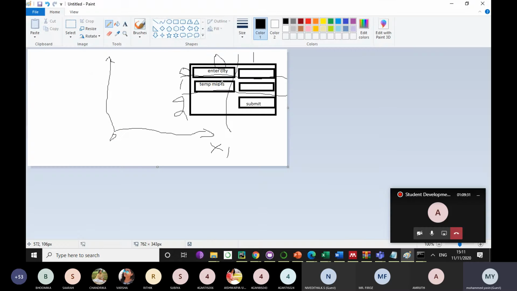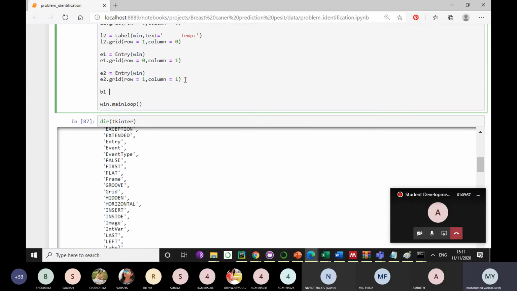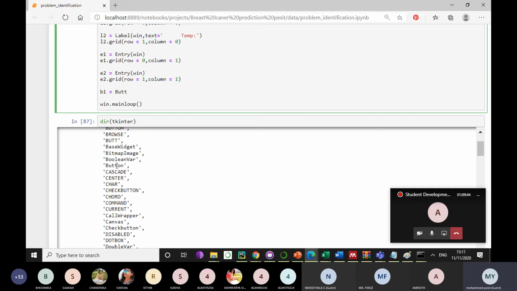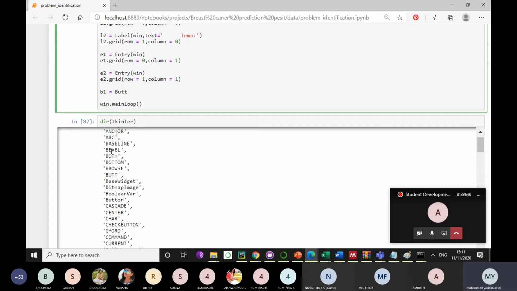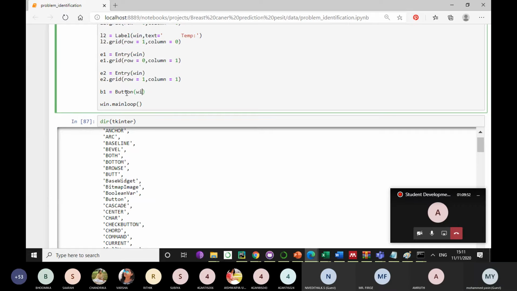According to the design, I have completed these four things. I want one more button here. Who will give me a button? Bu is equal to, there is something called Button. You can check it out here. Yeah, it's there. What is the text that I need on the button?